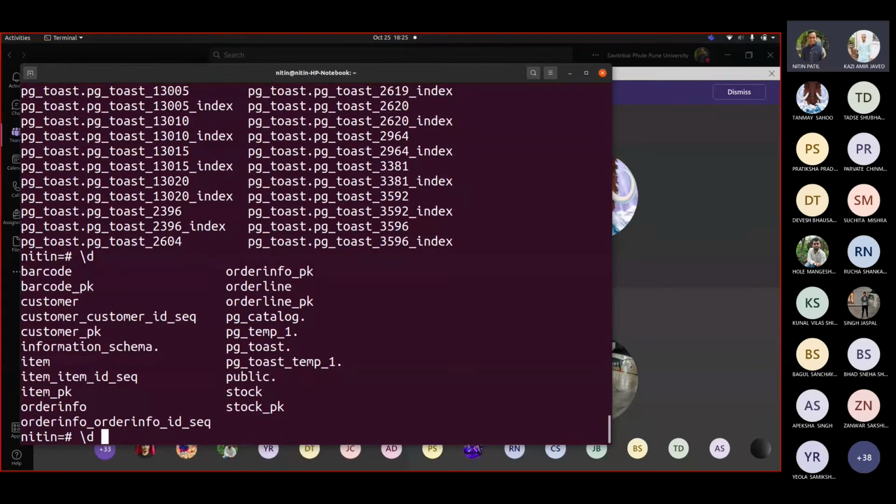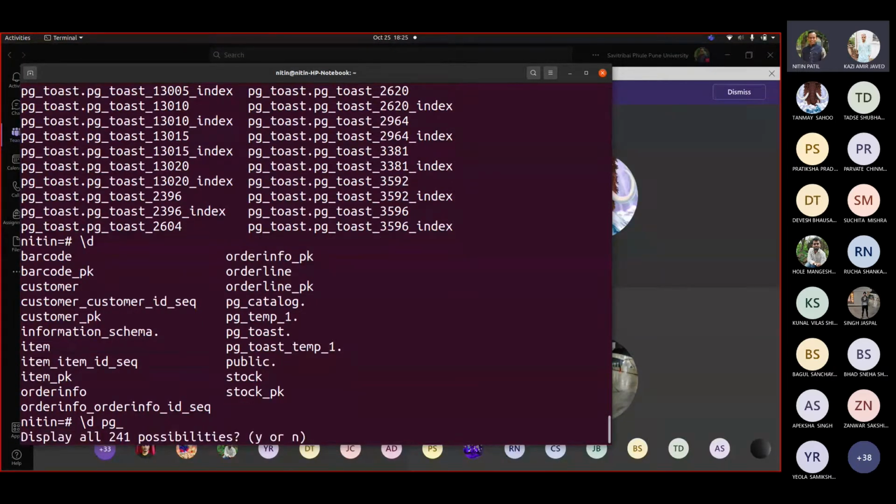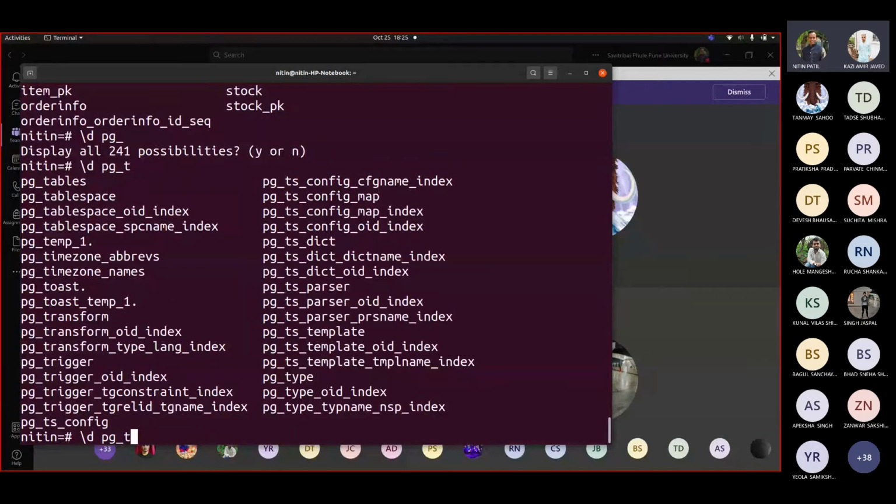So let us talk about temp now. /d pg_temp dot.